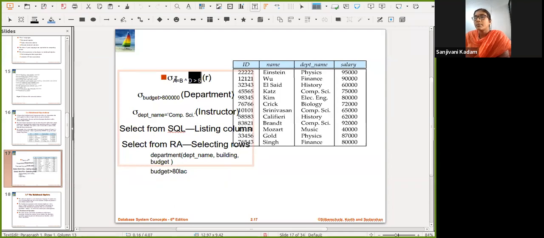Similarly, multiple connectives can be used, and in brackets we pass a complete relation. The complete relation acts as input, to which we pass conditions using the select operation, shown by sigma.